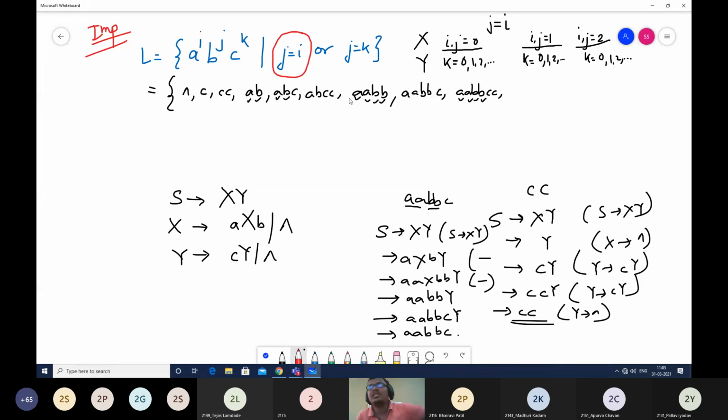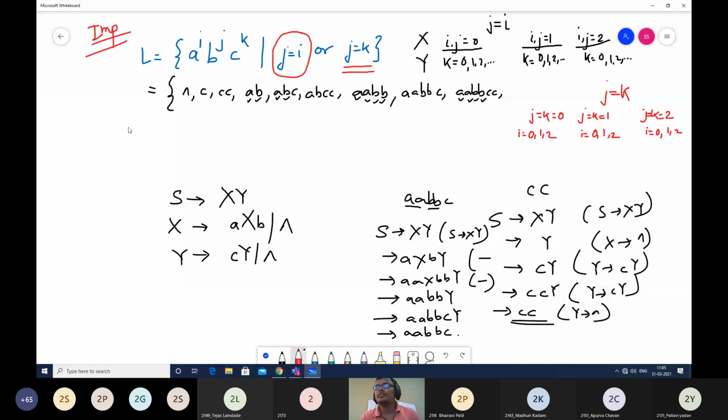Okay. Now what is the second counterpart of this problem? J is equal to K. So again, this will also have this kind of condition that J is equal to K, with J and K as 0, with J and K as 1, and J and K as 2. In that again, I can be 0, 1, 2 over here.